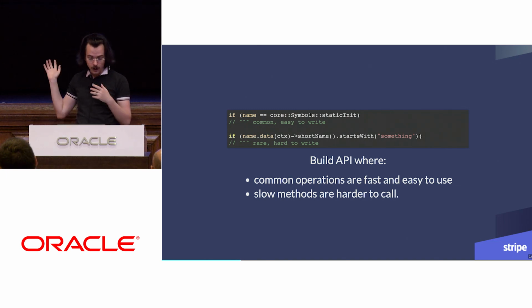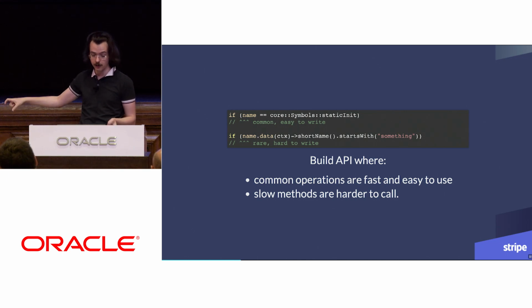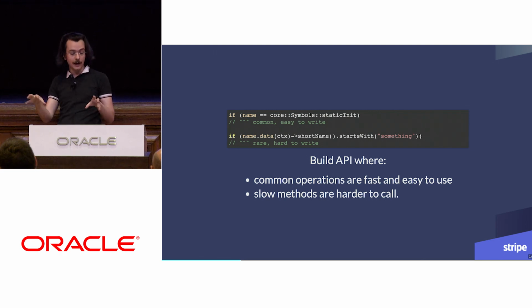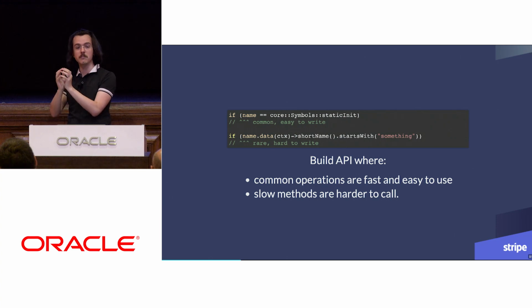So here you have two examples. A very common case where you're comparing a name against static init. It's easy to write, you're just doing a standard equals comparison, the least overhead you can have, syntax-wise. While at the same time, in the second one, where you're trying to compare whether a name starts with something, you have to go through this data, which takes a context, and you have to call a method name in it, and this is much more